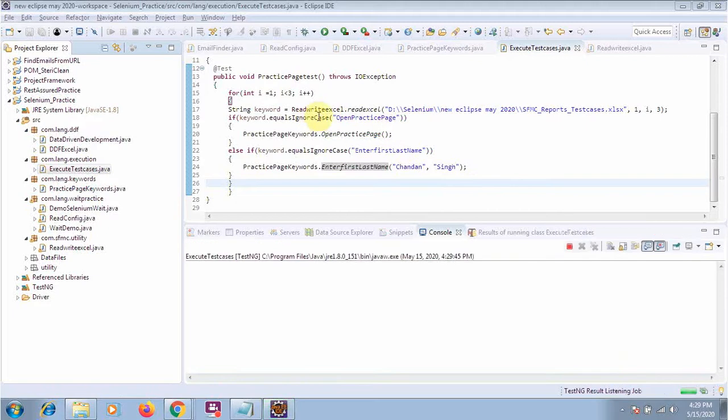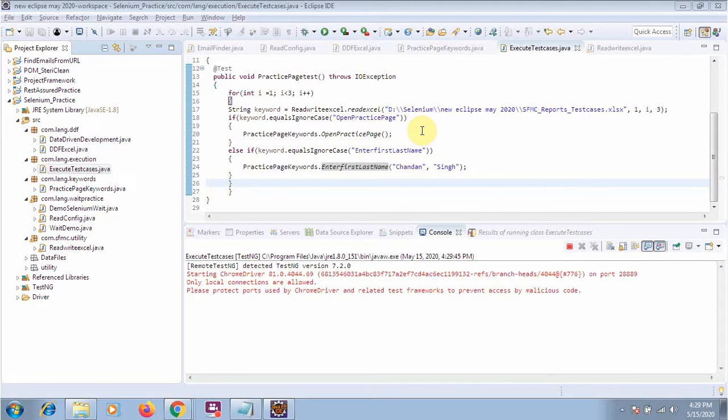Okay, so my first test case will be executed: first it opens the browser, enters the URL, then goes there and performs some stuff. If you have something different for each page, you have to create a separate Java file, which will be named as the page keyword or something. Then you can use it. So we can use such kind of things in our application as well.